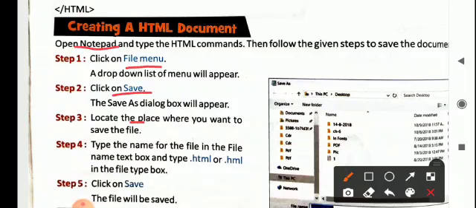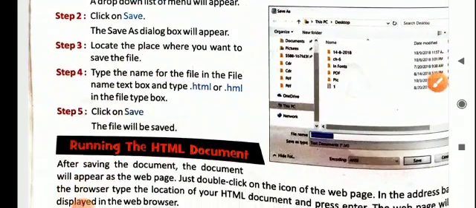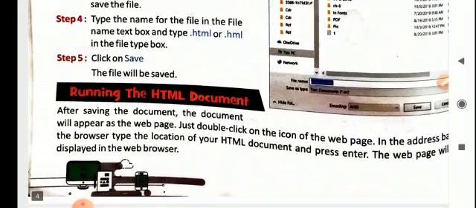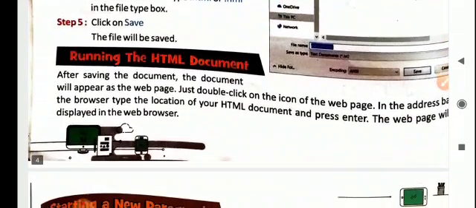There you locate the place where you want to save your file. After that, type the name of the file, and in the name text box along with that you have to type .html, or you can select the HTML option in the file type box, and click on save. Now this document will be saved as your HTML file rather than a text file. So you have to mention the HTML extension.